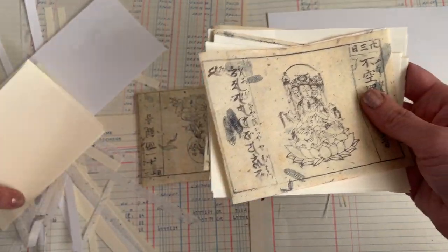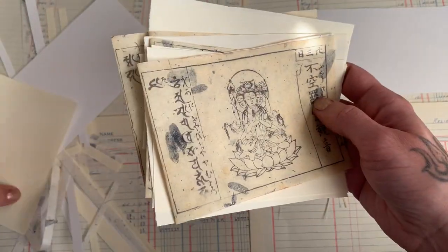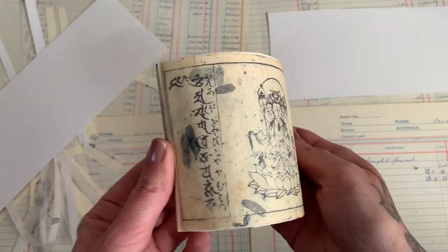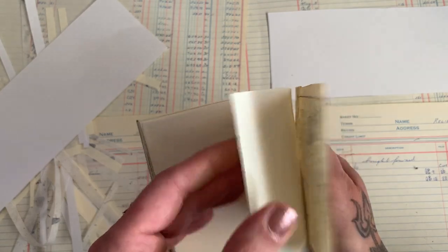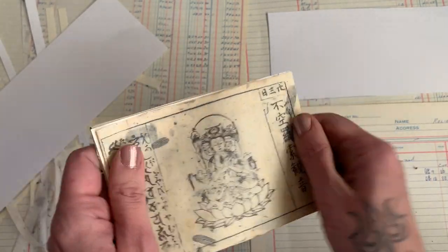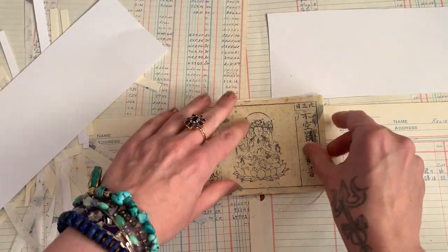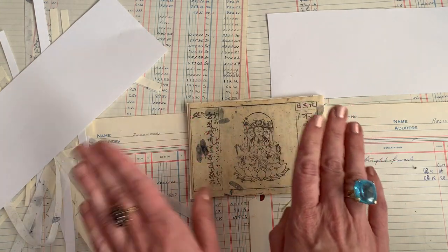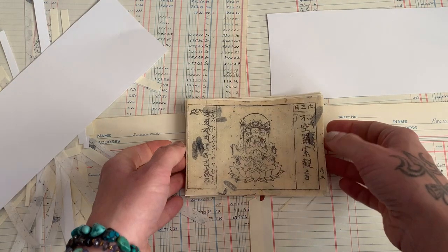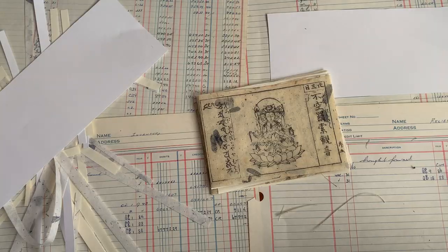So in this little booklet, the Quan Yins are spaced throughout. They're not all in a row. And like I said, we've also got these blank papers so that there's writing space, even though the Quan Yins are just decorative pages. So these are the main little pages for our booklet. But of course, I don't want to leave it at just that. I'd also like to add some genuine Japanese ephemera. So first and foremost,